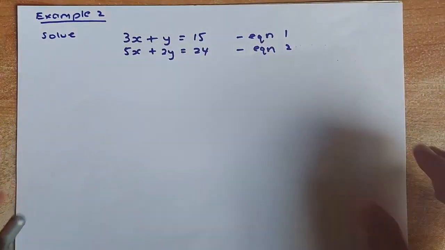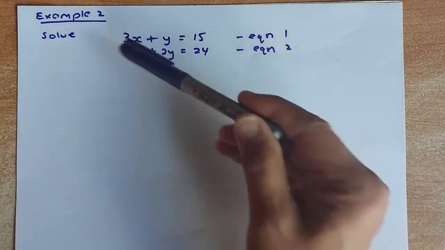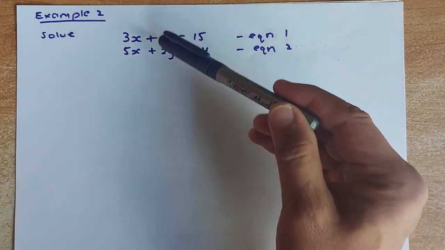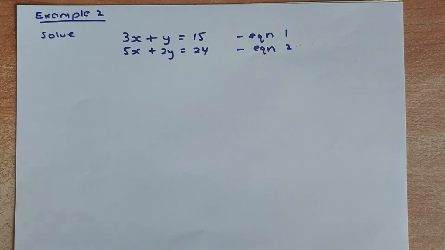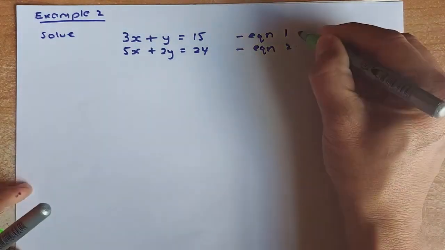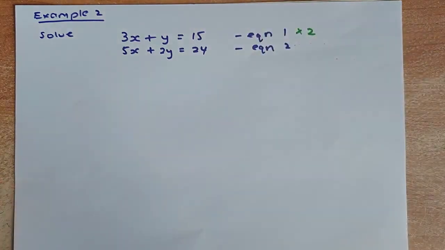We shall look at another example. This time is a little bit harder. Now the coefficients of x and y are different. If you see, the coefficient of x is 3 and 5, and the coefficient of y is 1 and 2. So what you have to do is make the same coefficient. The first step I would recommend is to multiply this by 2, so that your new equation